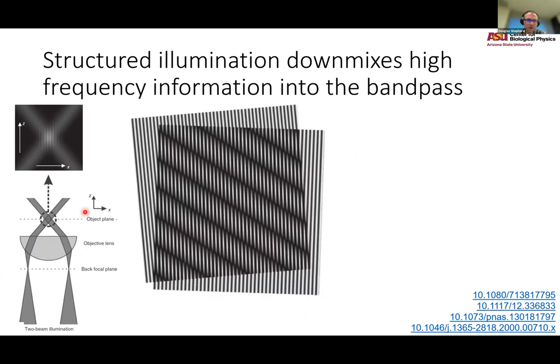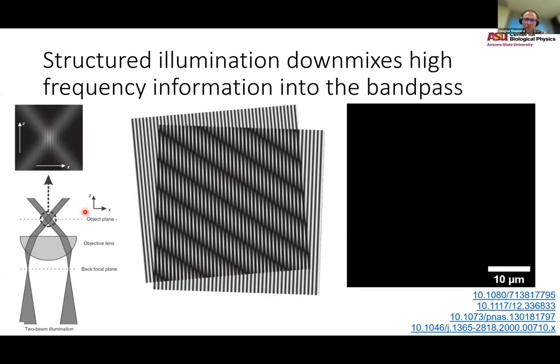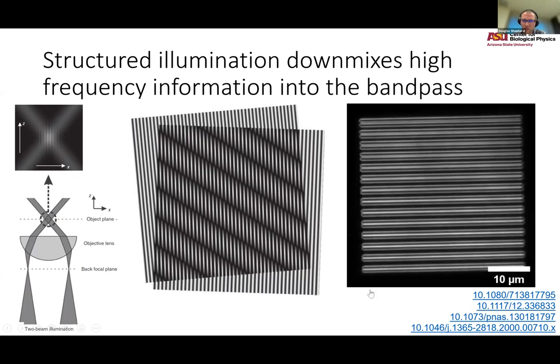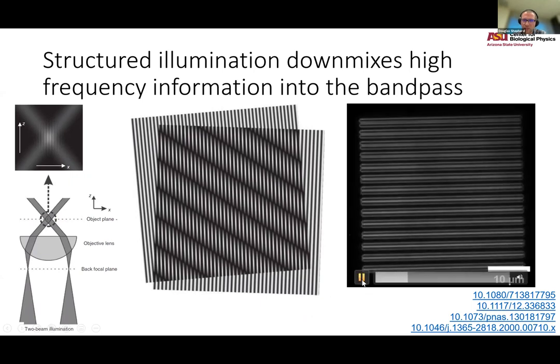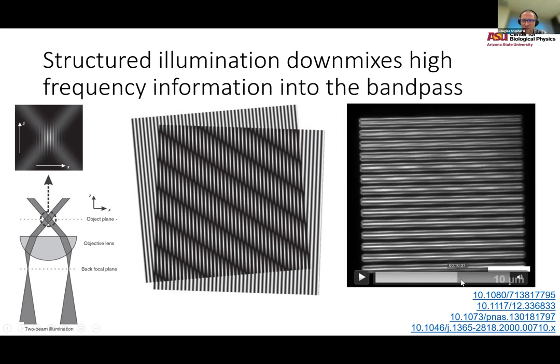When you impose that interference pattern on a sample, let's say a fluorescence sample, you're going to get what's called a moire pattern. Here's a real life example of what a moire pattern looks like. I'll pause it where it becomes evident. This is a calibration test target. And hopefully here you can see on this pattern versus this pattern, there's a slight shift in the intensity profile. And we go to another one. What's happening here is different patterns are being applied to this fluorescent target. And that moire pattern, what's actually happening is high spatial frequency features are getting mixed down to where the